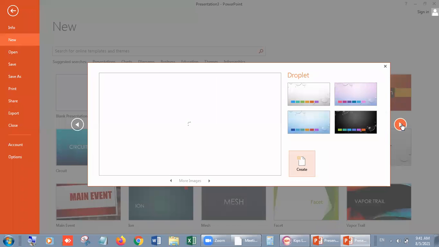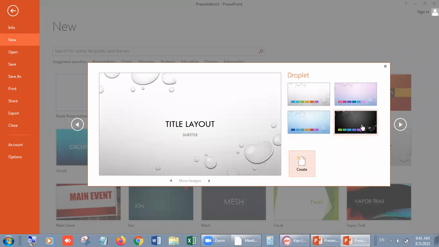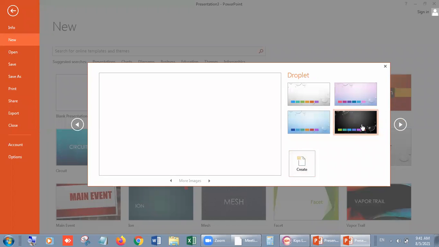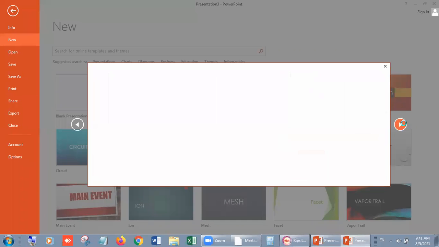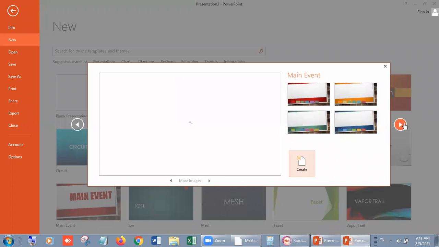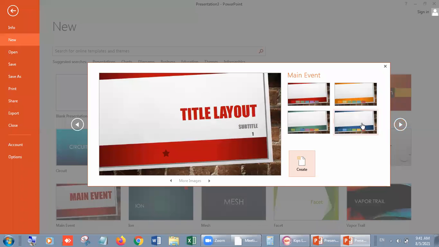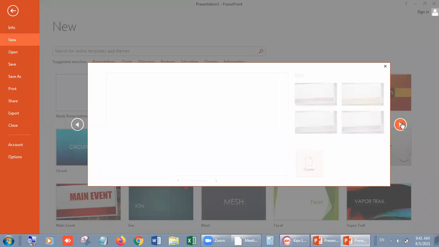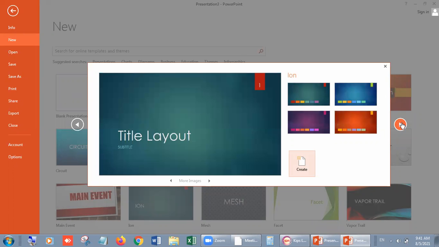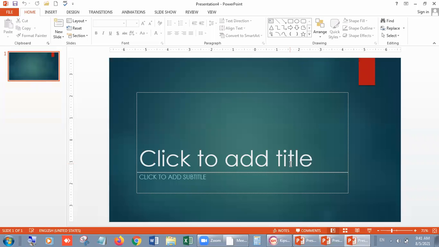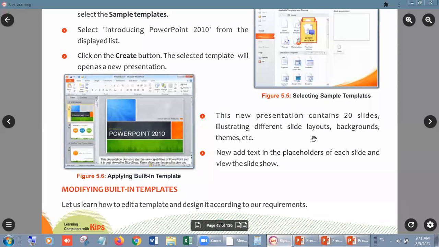Next, if you want to check, next, suppose create. Now you can see. Again, you have some options. Okay, beta. So in this way, you can add the built-in templates.